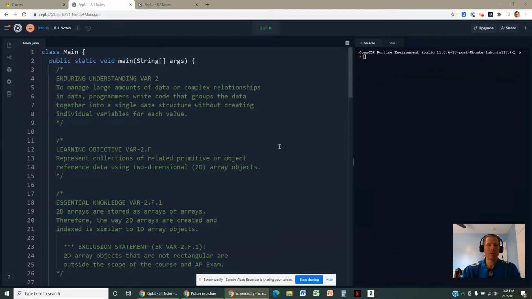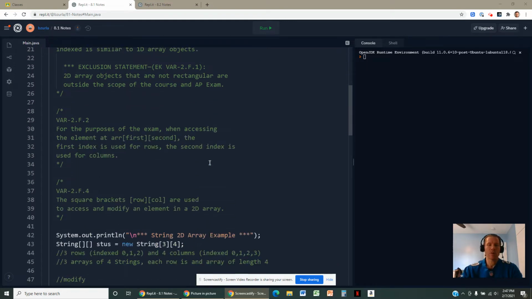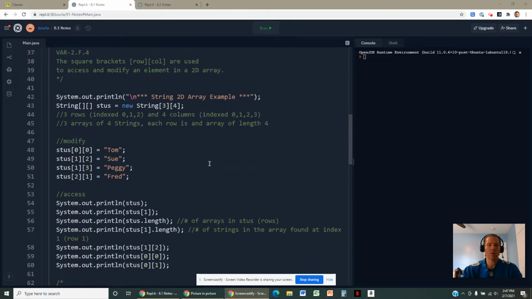Lesson 8 goes over two-dimensional arrays, which sometimes are called a matrix. And it's really a very similar syntax to a one-dimensional array, but now everything will be subscripted twice, and that's the idea of the two dimensions. So if you take a look, I've got some sample code here, and this looks a lot like an array